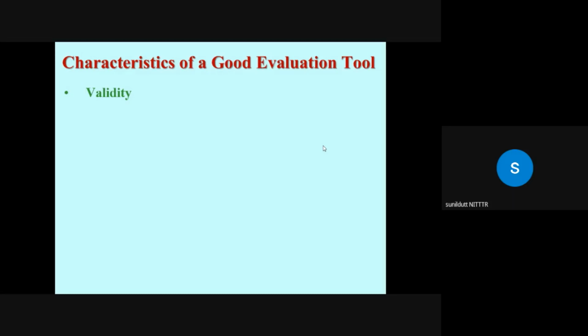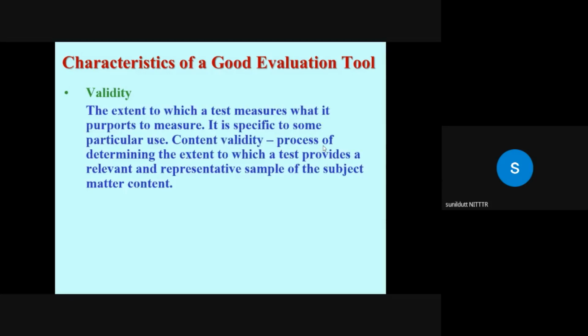For example, if a test is to be used to describe student achievement, we should like to be able to interpret the score as a relevant and representative sample of the achievement domain to be measured. So basically, validity is always concerned with the specific use of the result and soundness of our, you see, proposed interpretation. So as far as achievement test is concerned, we can ensure the content validity.